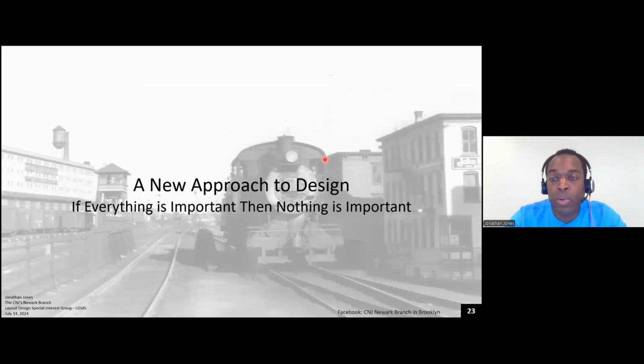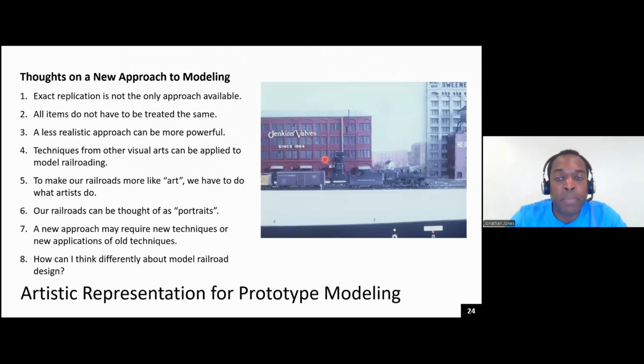All right, so here we are at the meat of the presentation, and I'll try to go through this fast because we're burning up time here. So one of the things I wanted to achieve is to think about a new approach to modeling, especially prototype modeling. This was my first foray into prototype modeling, and I said, as model railroaders, we always want to